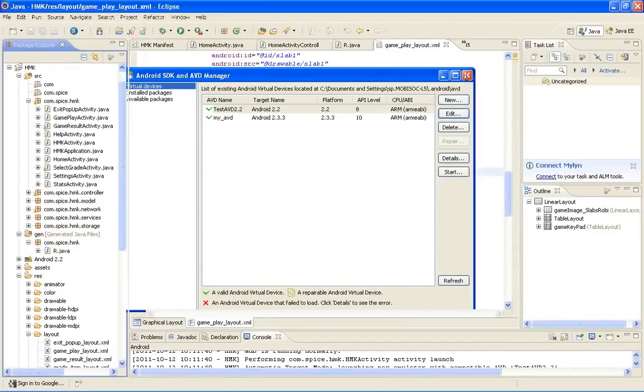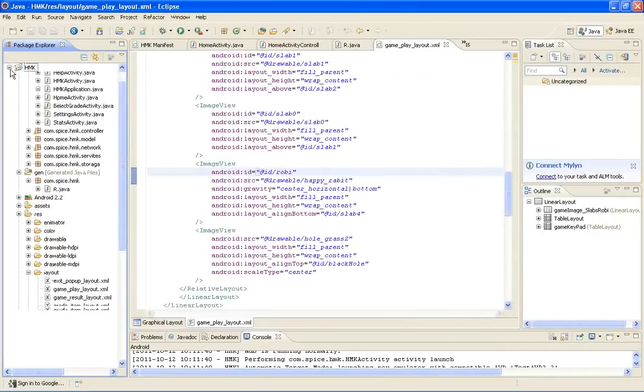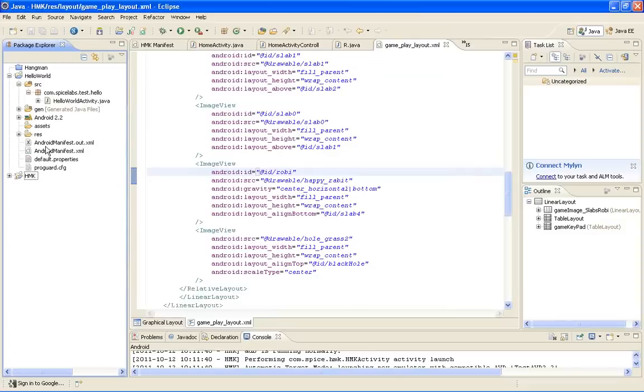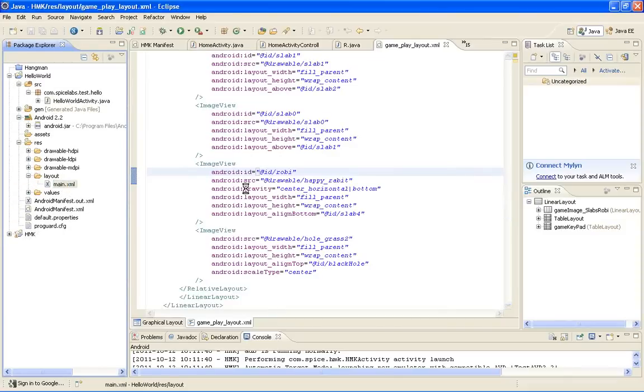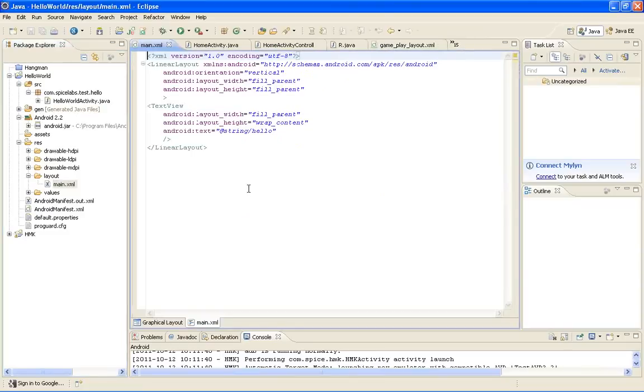So let's just get rid of this right now, and let's open our hello world program and look at the resources. In layout, there's a definition of this main.xml, which is what is getting accessed from that code.